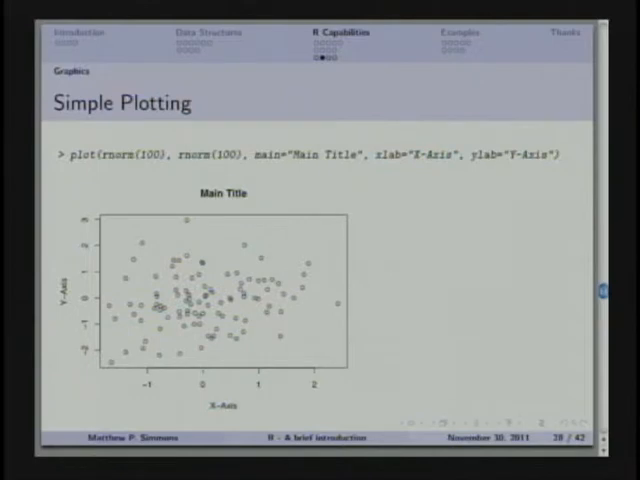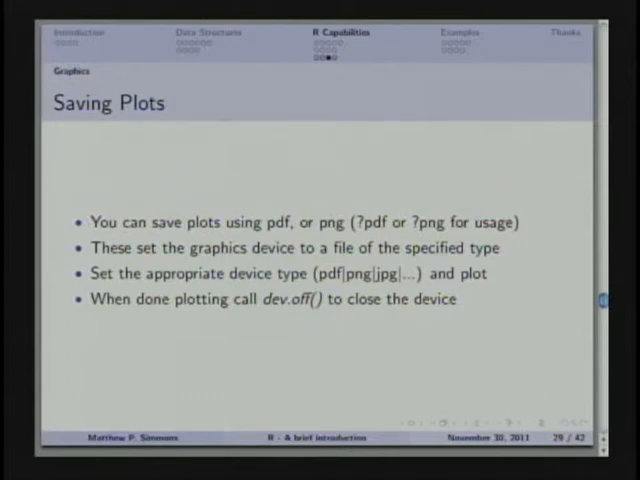Again, the help system and the question mark will get you a lot more things. You can do A/B lines. But as far as just simple plotting, R makes it very easy. If you want to save a plot, there are functions called PDF is the name